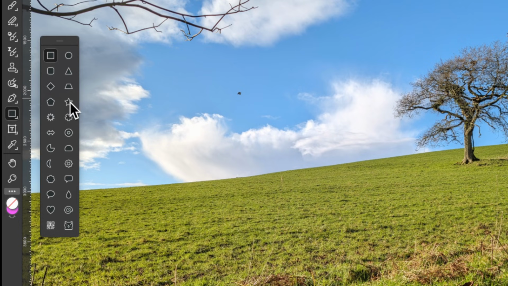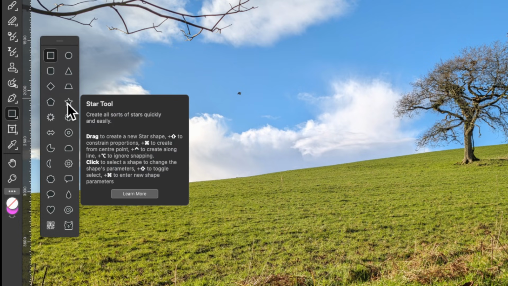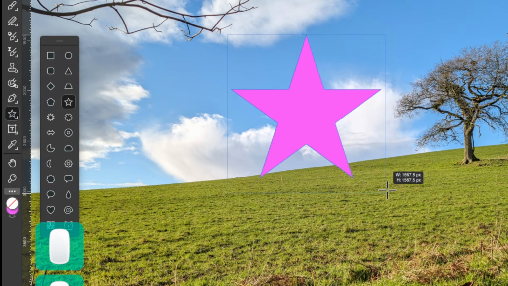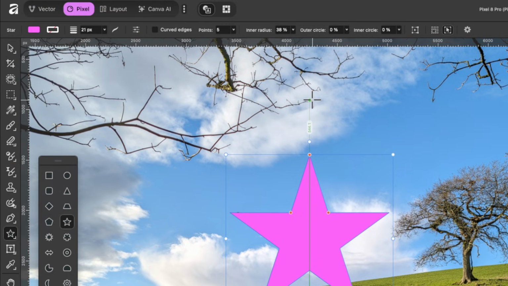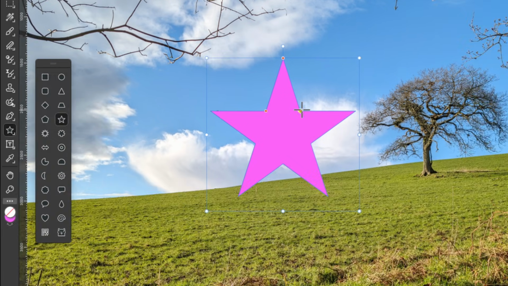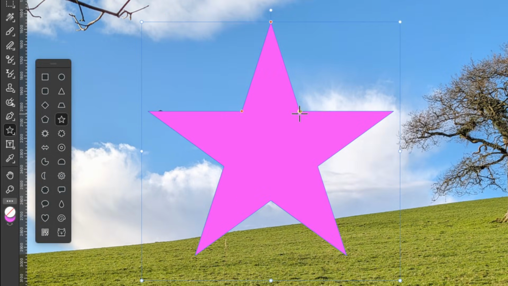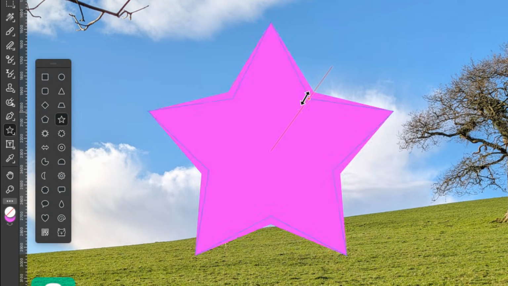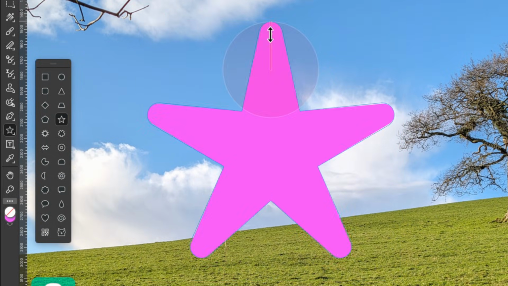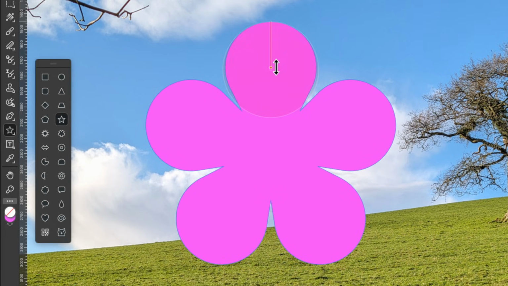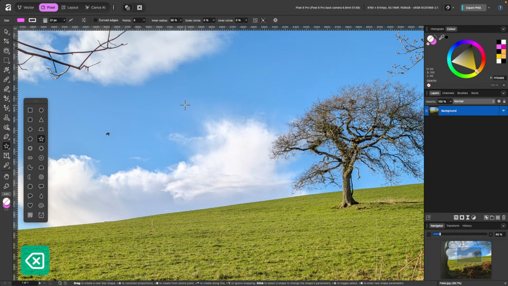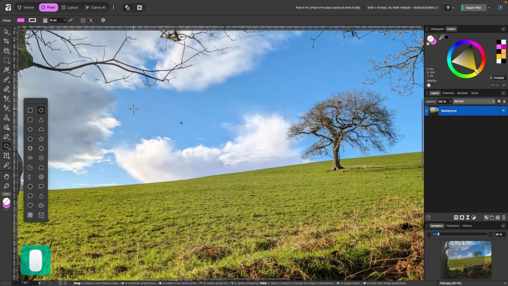Let's test one more of these shapes out. We'll choose the star tool. So I'll click and drag out again, and this time I have even more options because it's a completely different shape. So I'll just make all of my edits directly on the shape, just like this. And I can go up here and drag this down and make them a bit more rounded. And look, I'm creating a flower. How cool is this? So I'll delete that and we'll go ahead and make a picture frame.